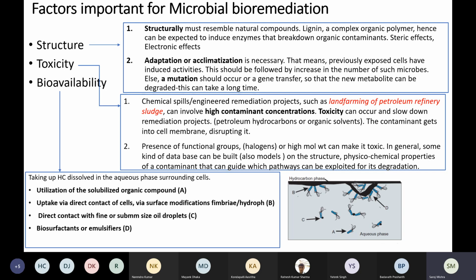Okay, so that is the first point. Structurally, they should be similar so that they can induce the same set of enzymes, and that is how the remediation can occur. And the second point is that a period of adaptation or acclimatization is usually necessary when you talk about microbial remediation. Okay, now that means that